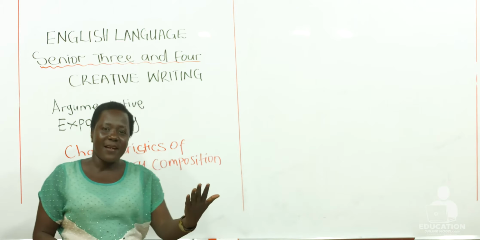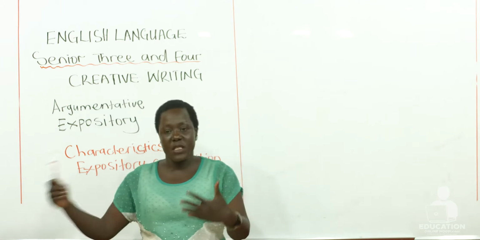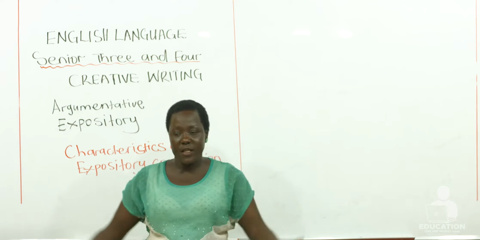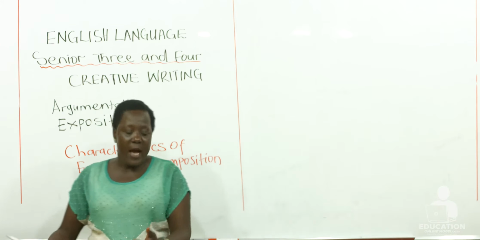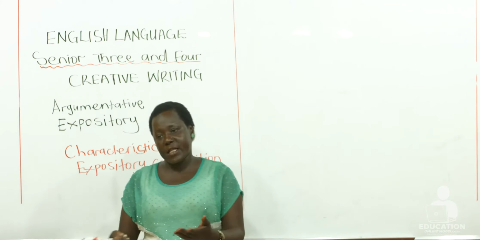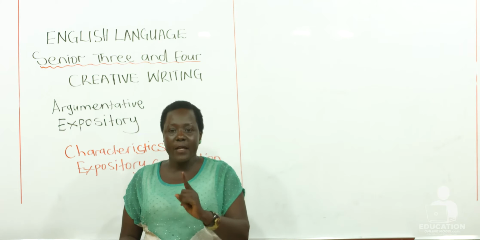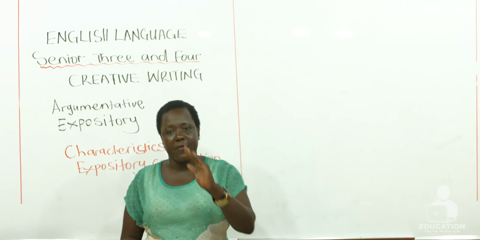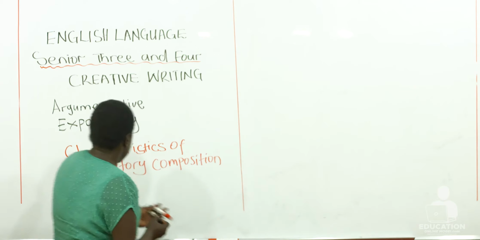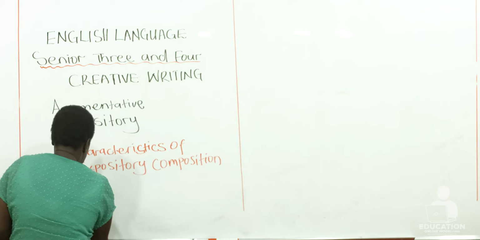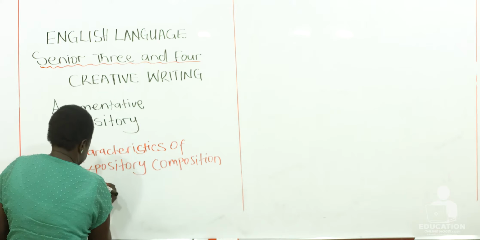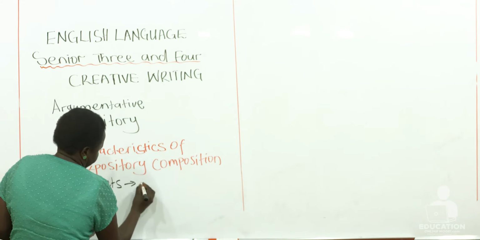How will you tell that this is an expository, this one is a narrative, this one is imaginative, and the other one is argumentative? In this case, the first thing that will make you know is that when the composition is talking about facts and ideas,